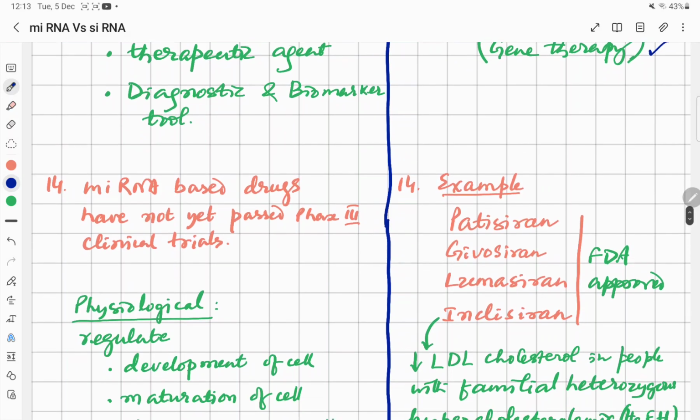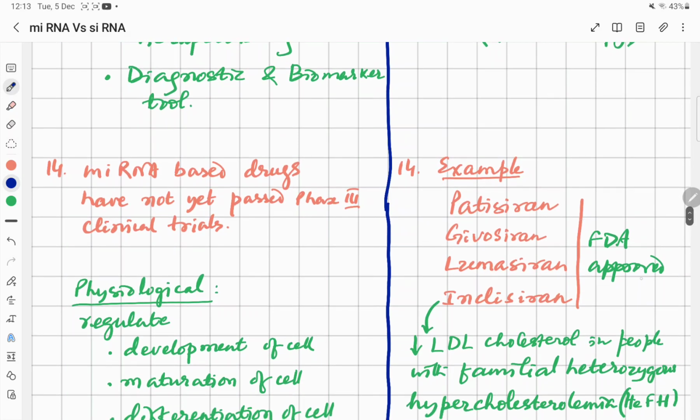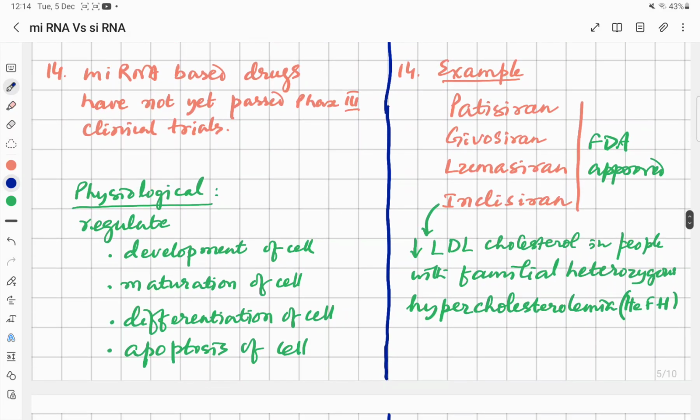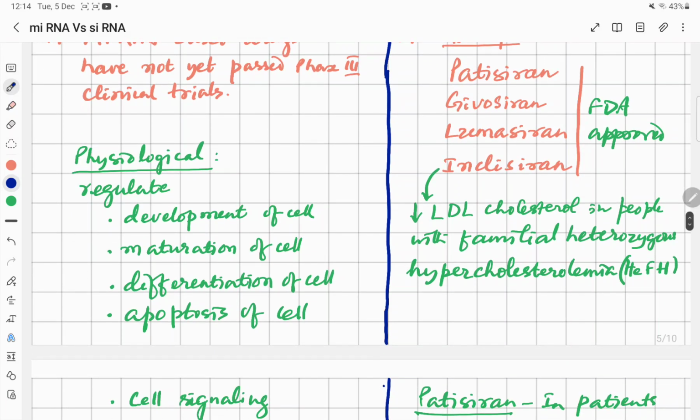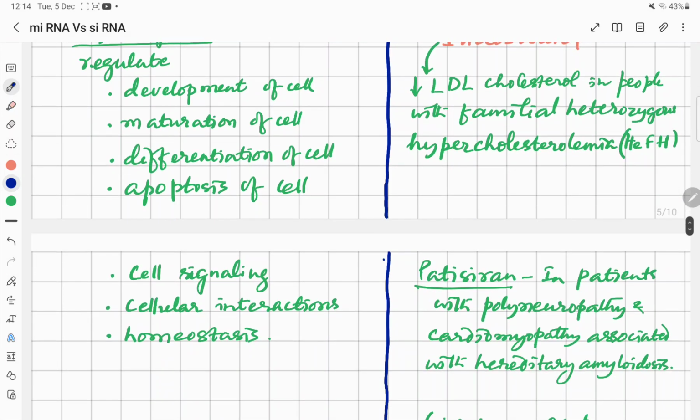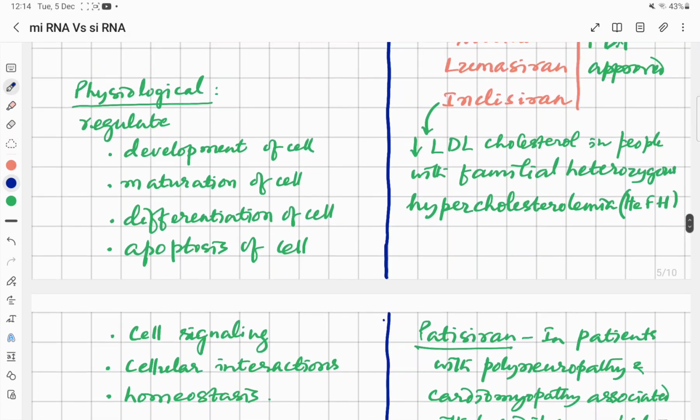And if you see in the market, there are 4 FDA approved siRNA drugs used for different diseases, different orphan diseases rather. And microRNA based drugs have not yet passed phase 3 clinical trials. So basically microRNAs have some physiological functions. They regulate development of cell, maturation of cell, differentiation of cell, apoptosis of cell, cell signaling, cellular interactions, homeostasis, all these things. Whereas